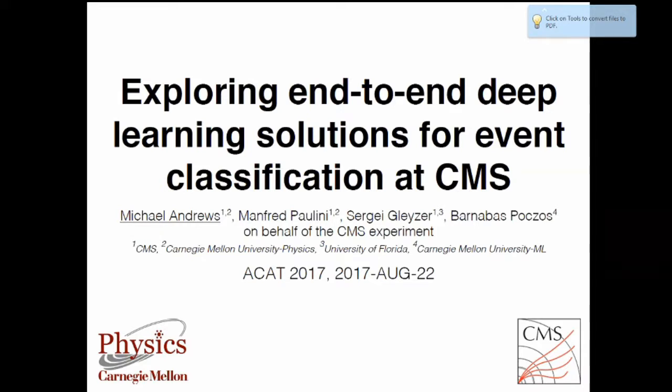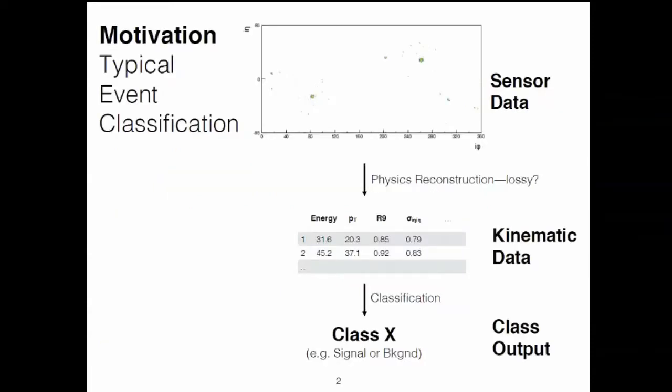Okay, so I'll give you guys a talk about what we're trying to explore. This is, at this point, a largely exploratory project. What we try to do is what's called end-to-end deep learning for event classification. Before going into that, I'll explain a caricature of how event classification is typically employed in physics